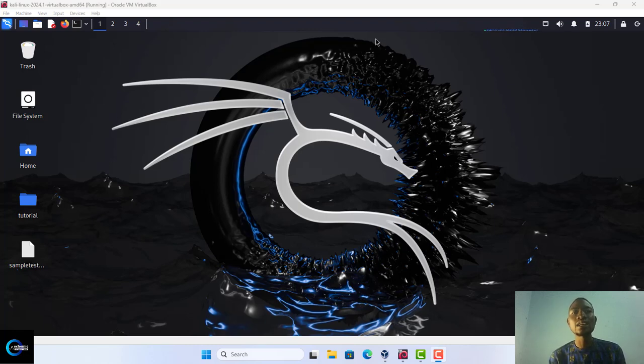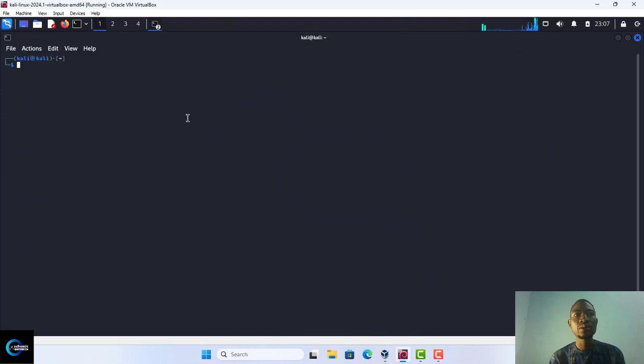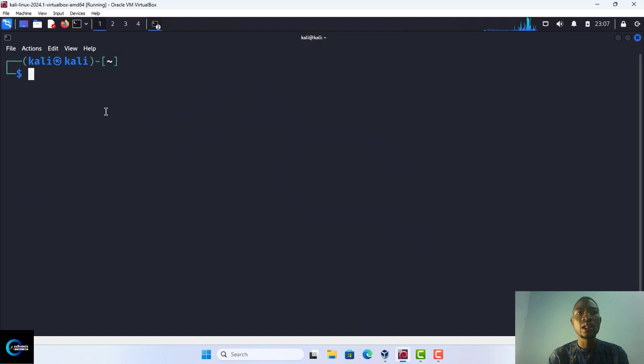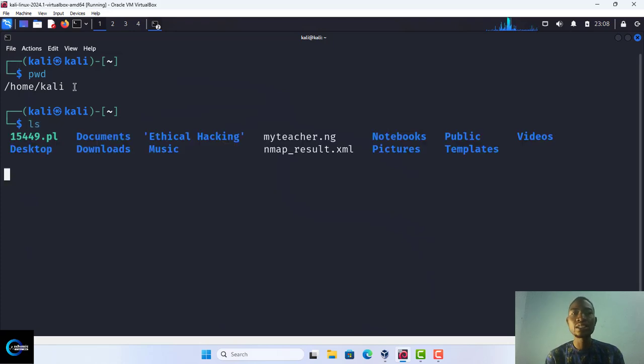Now let us give an example. Please go to your terminal. Let's say we want to navigate within the file or check something within the file. If you do pwd, enter, it tells you that you are in home and in Kali. If you do ls, it tells you what we have. If you want to do